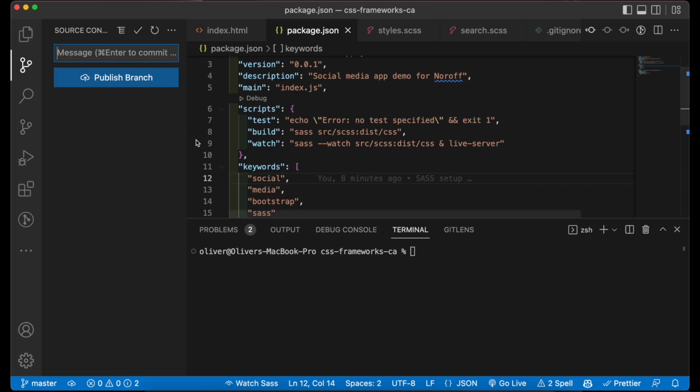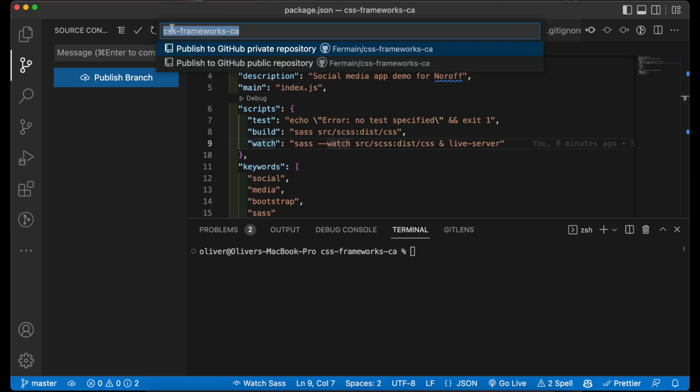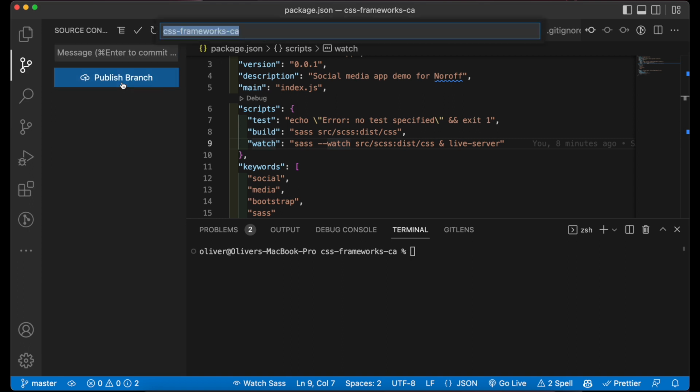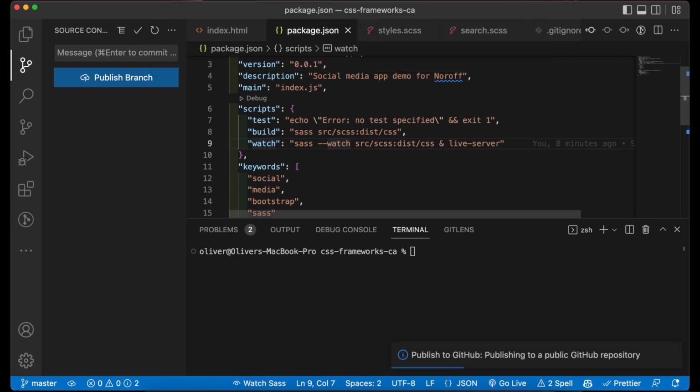But if I wanted to do that, the easiest way for me would be to hit publish and then give it a name, which in this case is going to be the same name as the folder we're in. And I have the option to publish as public or private. If you go through this process, I'll find the proper documentation for it on the VS Code site. But once you've logged in on your browser, you can then just publish directly to GitHub. So if I do that and let it do its thing,